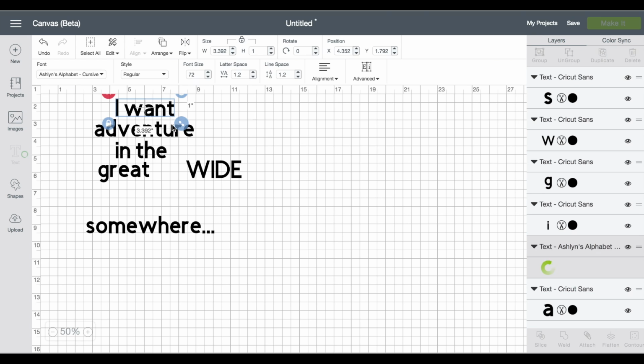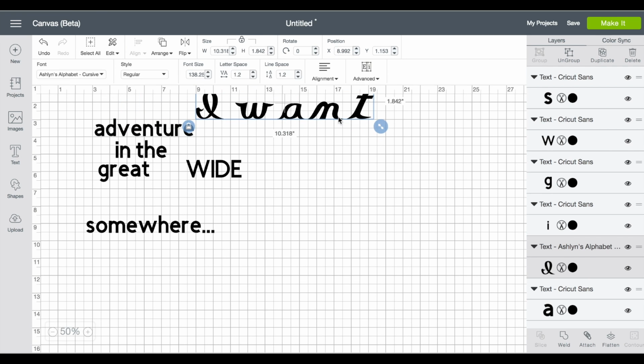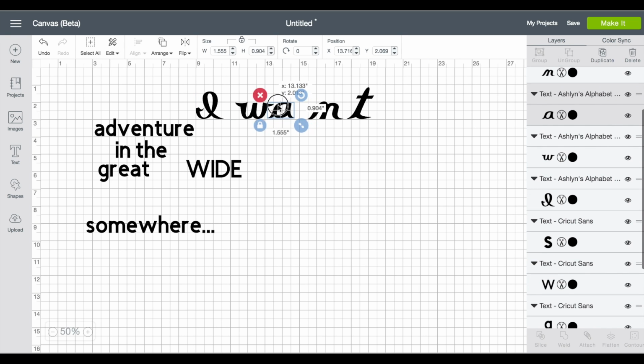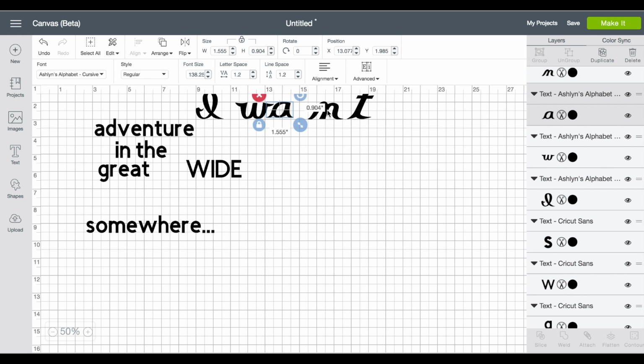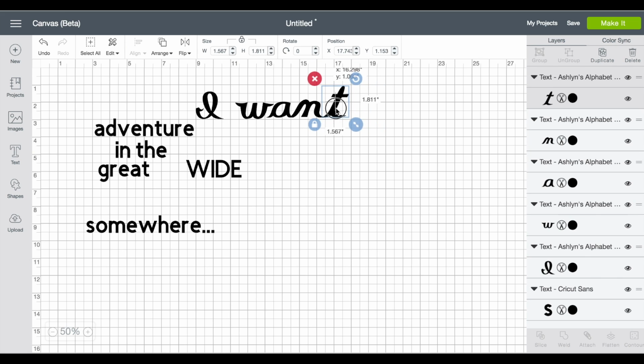So I like this swirliness. So I'm just going to start with I Want, and I'm going to kern this. I'm just going to go to Advanced and ungroup the letters, and I'm going to move this over so that this font flows. And then once I have that how I want it, I'm going to go back and select it all.